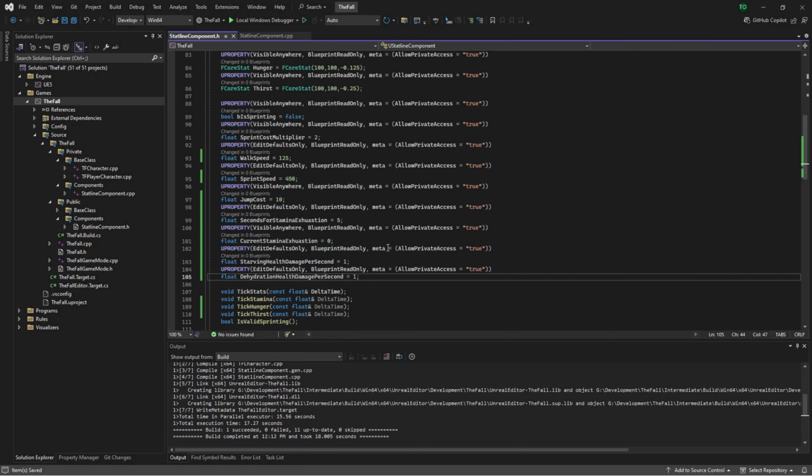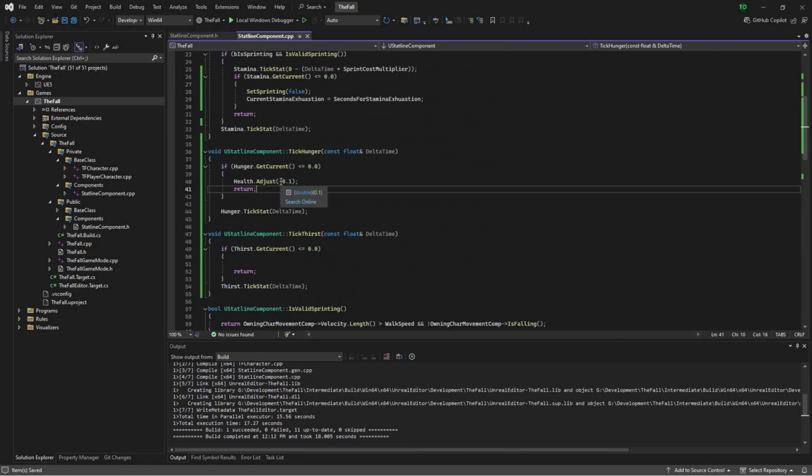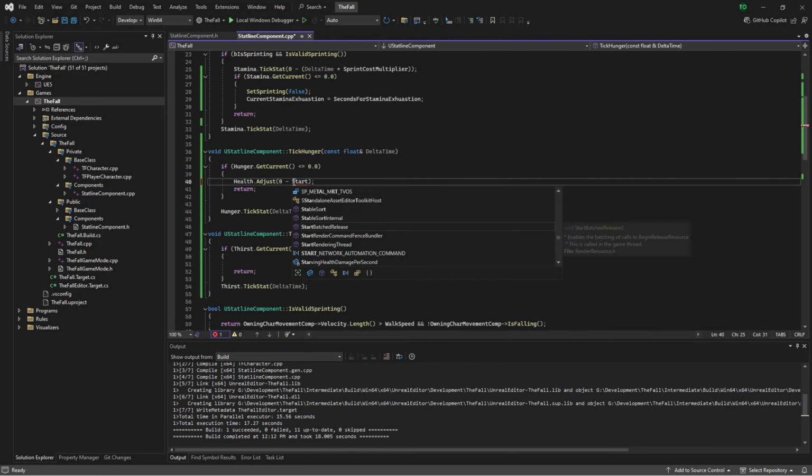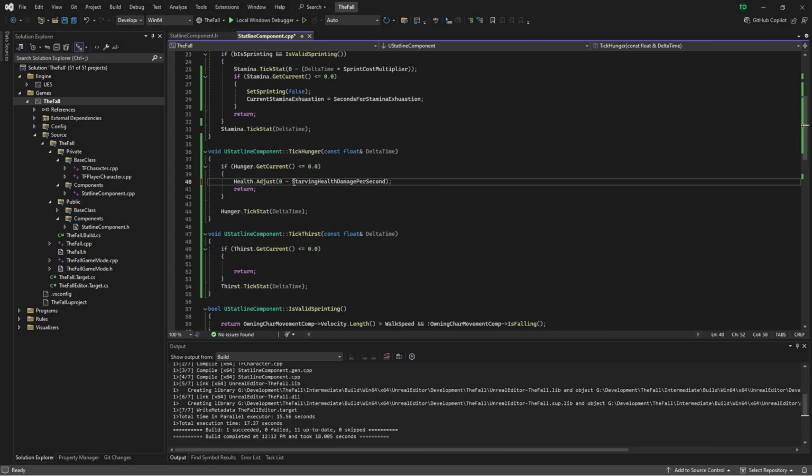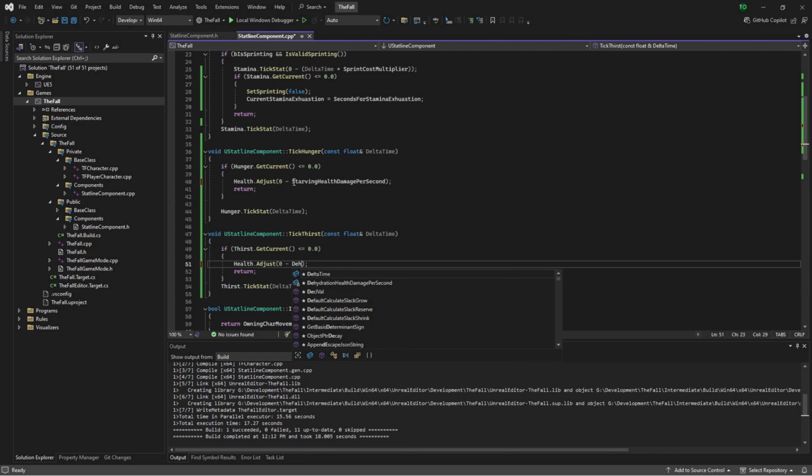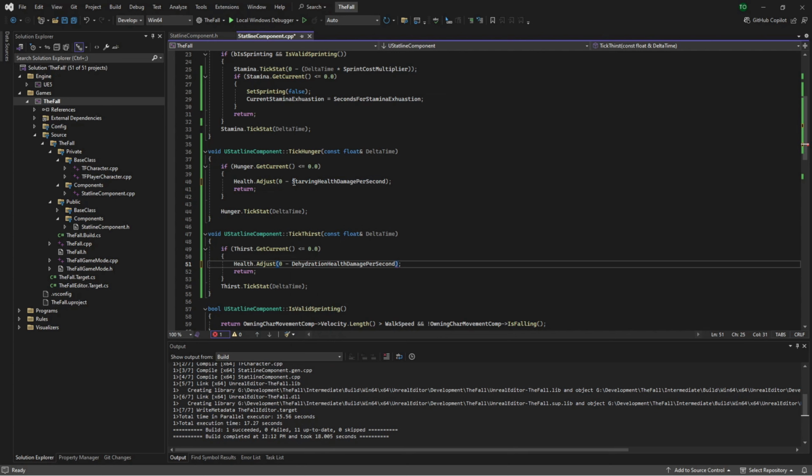And again, because these are worded in a way that they are a positive value, when we come over here, we want to go 0 minus starving health damage per second. And we'll just copy this. And we're going to change this to dehydration damage per second. Now, one other thing you can do to ensure these values are always a positive is